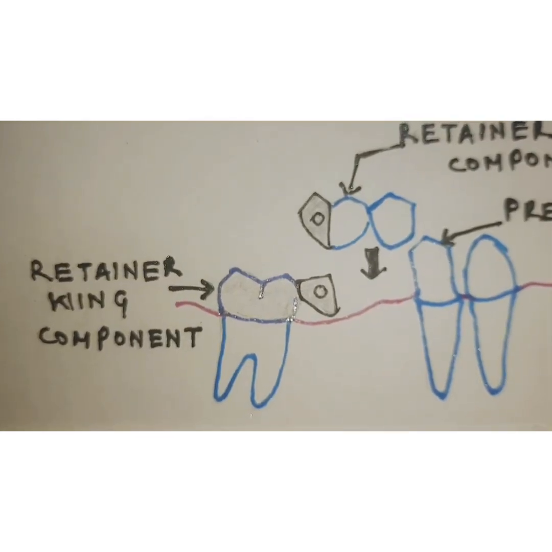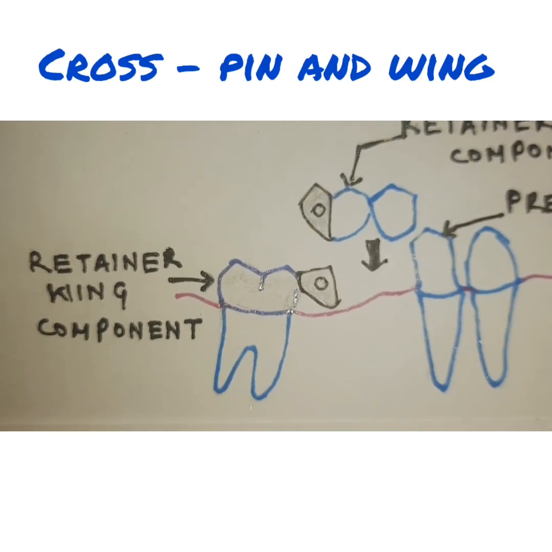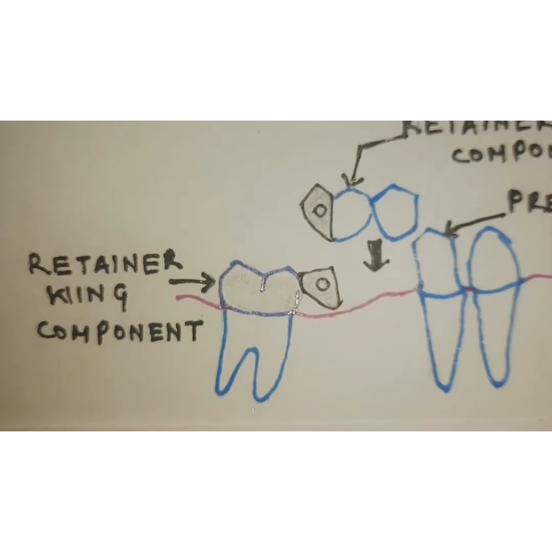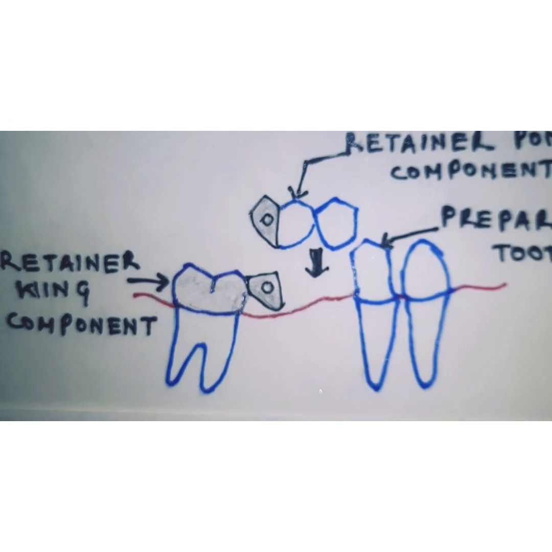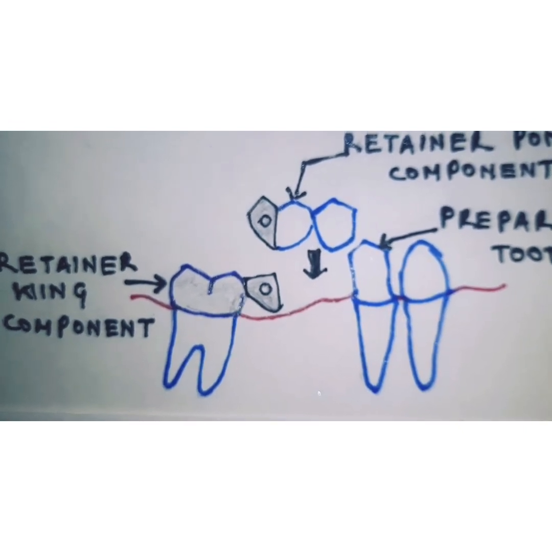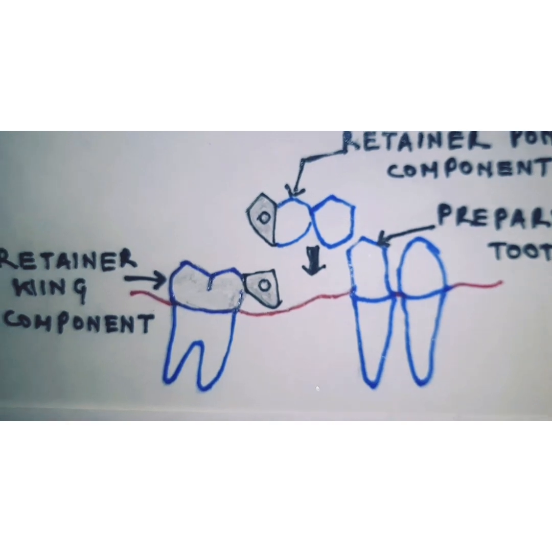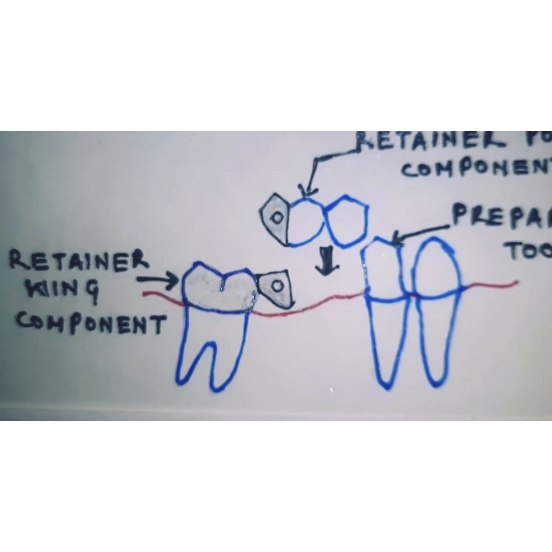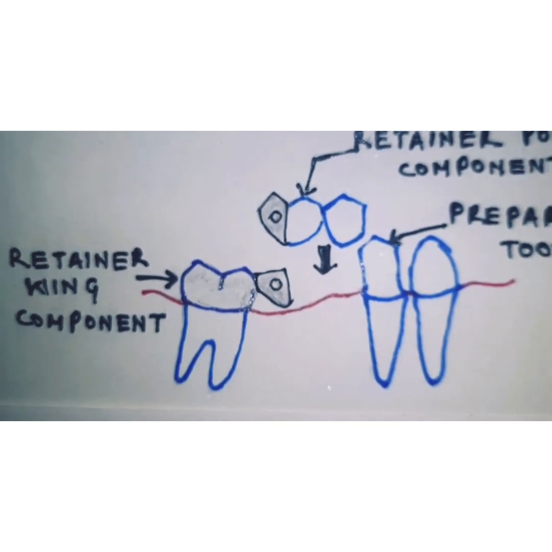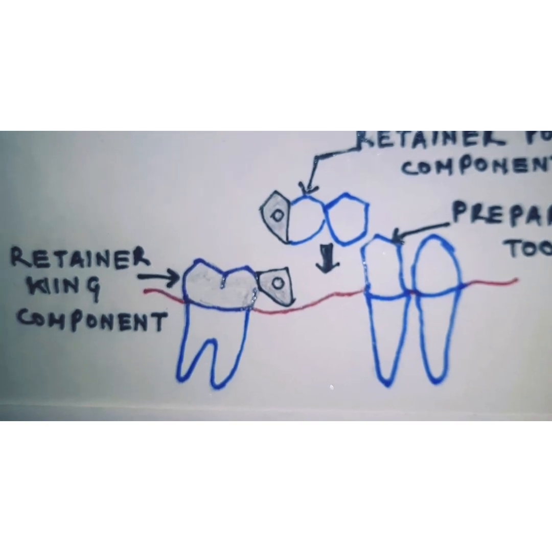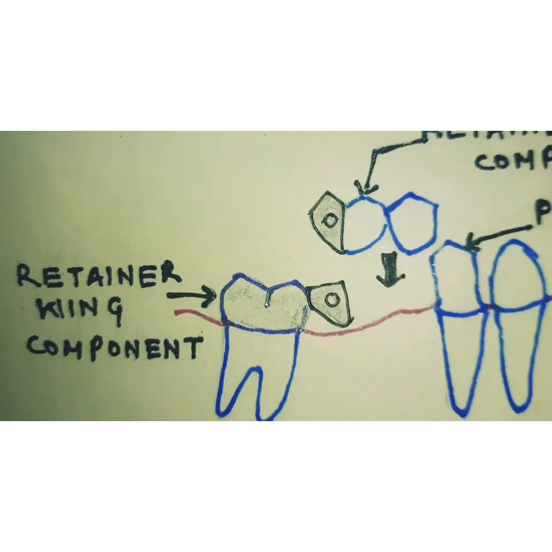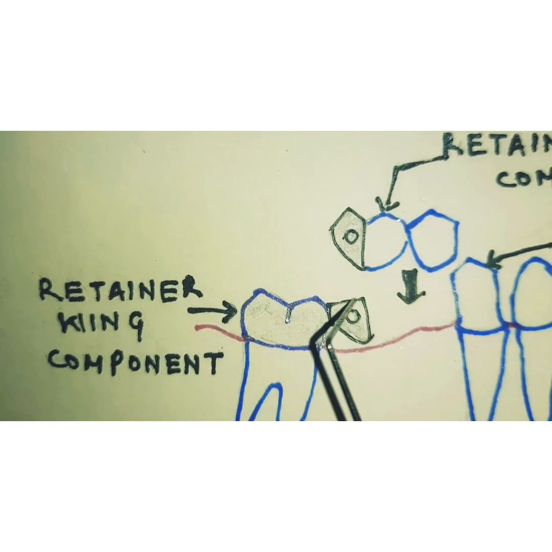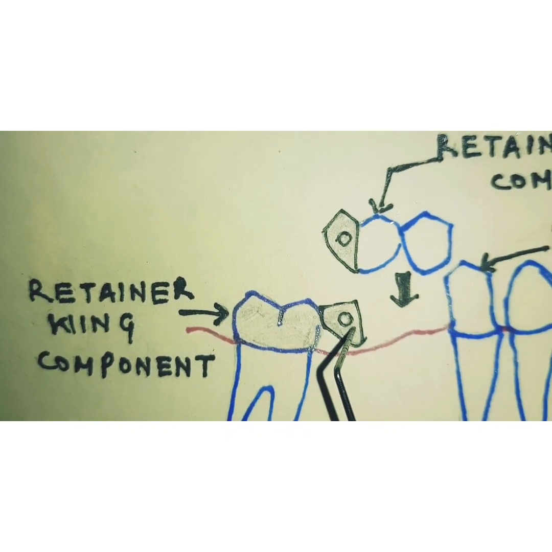Next type of non-rigid connector is the cross pin and wing, and it was advocated by Ishmiller and Parry in 1994 for those cases which had tilted abutment. It consists of a two-piece pontic system which allows the two segments of the bridge to be connected rigidly. And here the path of insertion of each tooth is made parallel to the long axis, and the vertical wing is attached to the mesial surface of the distal retainer. Now if you see the pontic here, you have the distal retainer and you have the mesial part of this retainer which is attached.